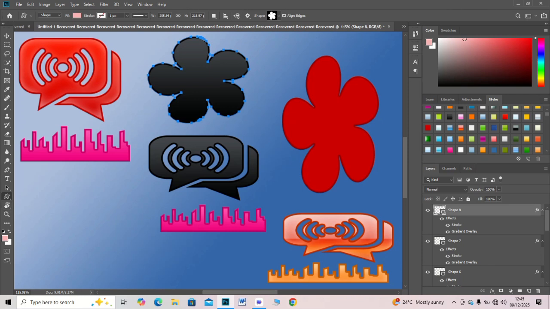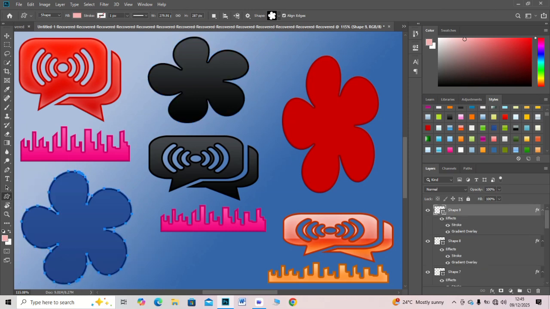Insert a text layer for features and specs. Align all shapes and text using smart guides. Apply soft